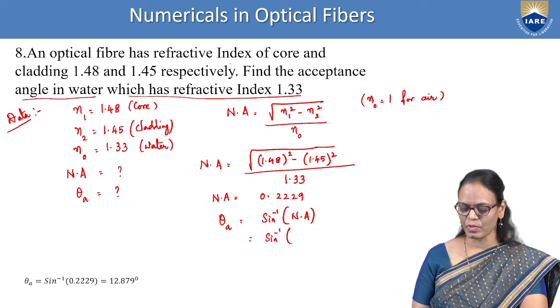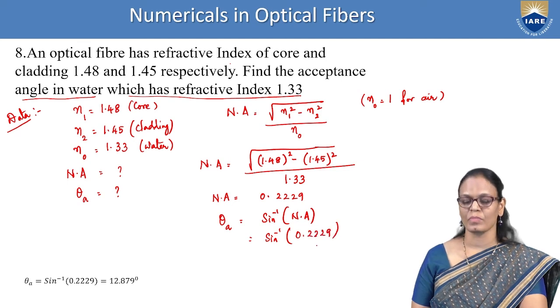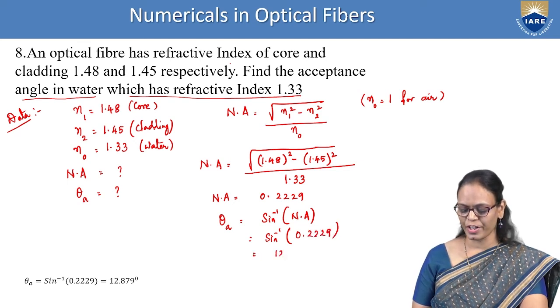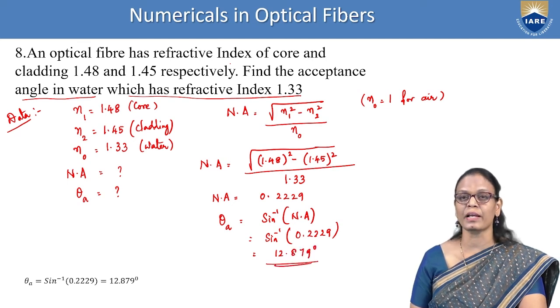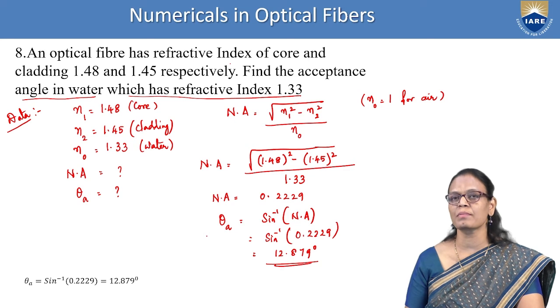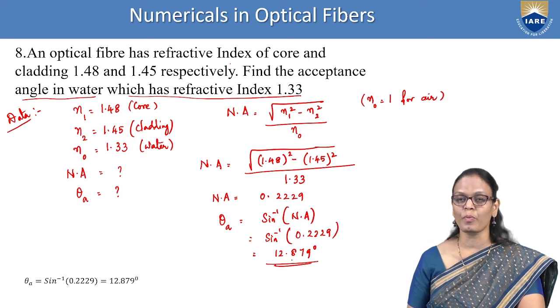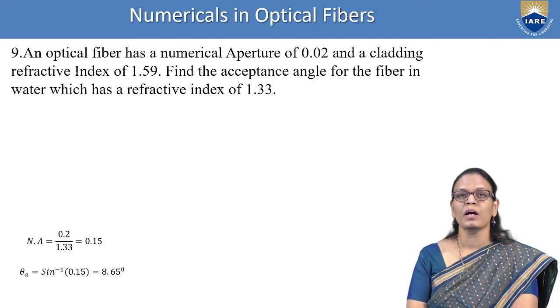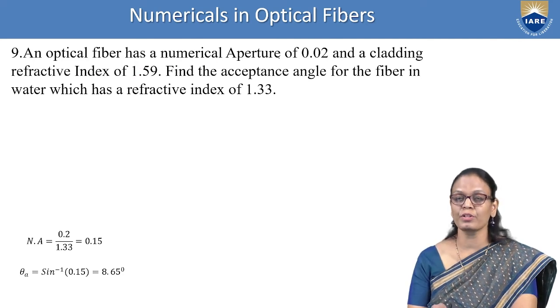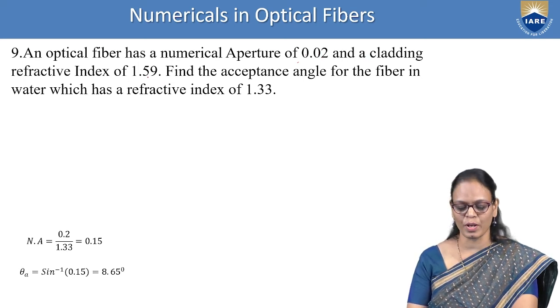So this is sine inverse of 0.2229. So that is 12.879 degrees. So the acceptance angle when the fiber is immersed in water is 12.879 degrees. The next one: an optical fiber has a numerical aperture of 0.02 and a cladding of refractive index